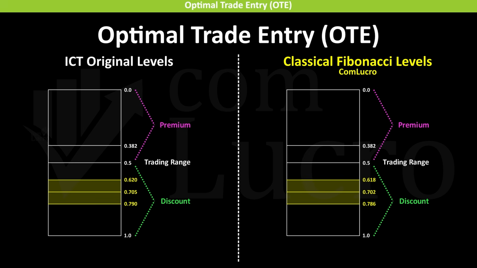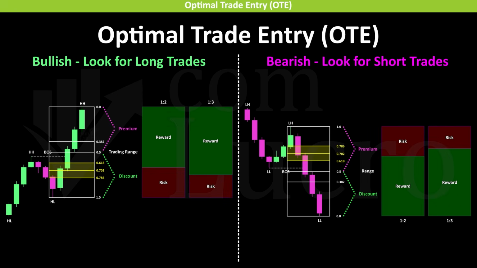It is important to note that ICT's original teachings define the OTE using the 0.62, 0.705, and 0.79 retracement levels. However, at ComLucro, we prefer to use the traditional Fibonacci retracement levels of 0.618 and 0.786, while still recognizing the importance of the 0.702 midpoint. We believe that using the classical Fibonacci levels increases confluence, since these levels are widely followed by traders across different